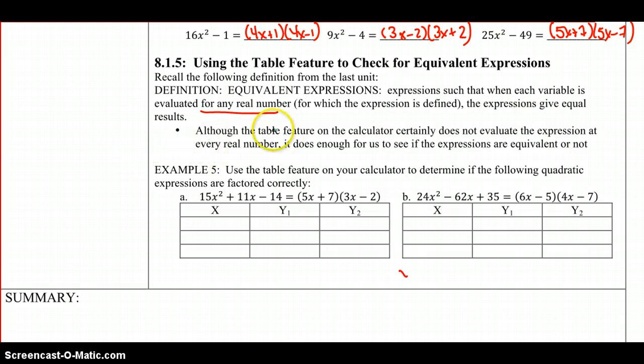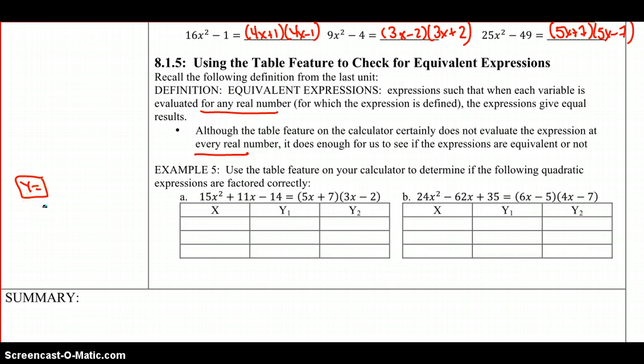Now, the table feature is not going to evaluate the expression at every real number, but it does enough for us to see if the expressions are equivalent or not. If we can see that at a few numbers they evaluate the same, we've probably factored things correctly. And more importantly, if they do not evaluate the same at a couple points, then we know we've messed up somewhere. All right, so to use the table feature on the calculator, we're going to start by pushing y equals